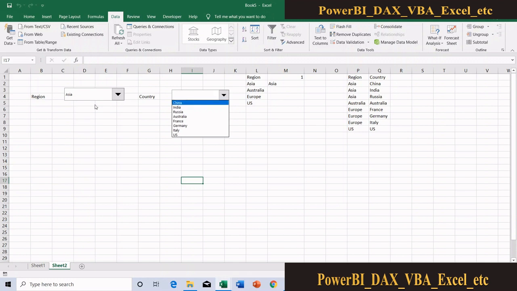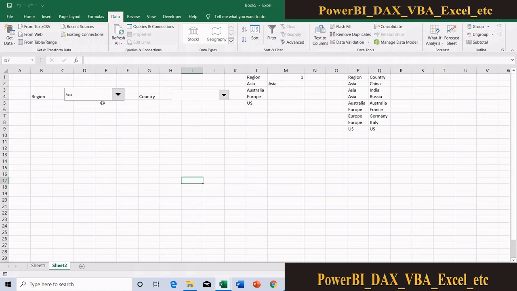If I am selecting Asia, then only Asia countries should come. If I am selecting Europe, then only Europe should come. That means whatever region I select, I need only the countries related to that particular region. So for that, I need to create a dynamic range using offset.